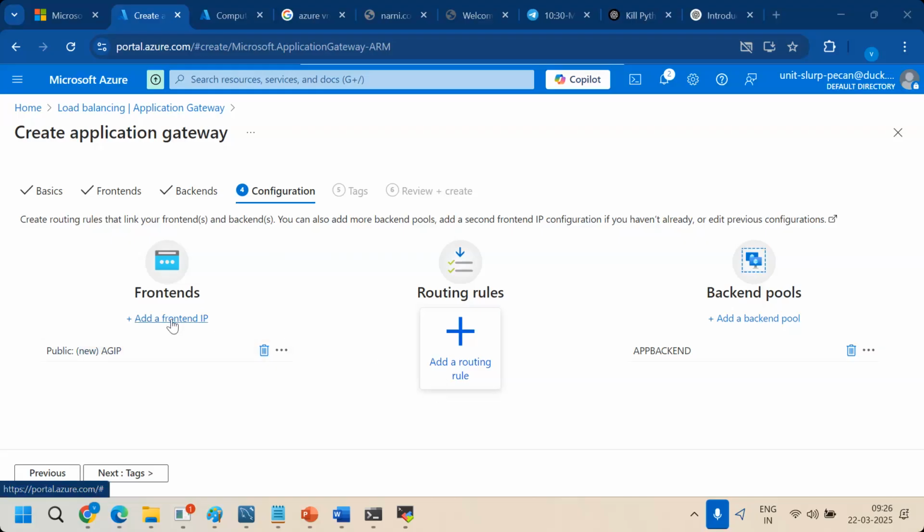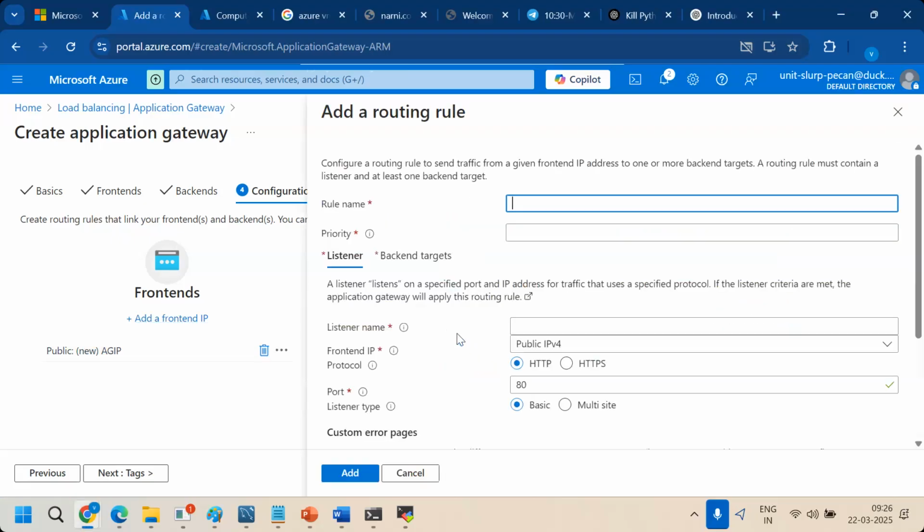select a front-end IP. I have already created and selected it. If this public IP is not there, no one can connect to your application through the load balancer. Okay, that means an external load balancer. Now I'm adding the backend pool. I have added only one backend pool, with one target already registered. Now if you want to add one more front-end IP, you can add one more backend pool. Okay, but go for routing rules. Now here we can check. Okay, so I'm adding here